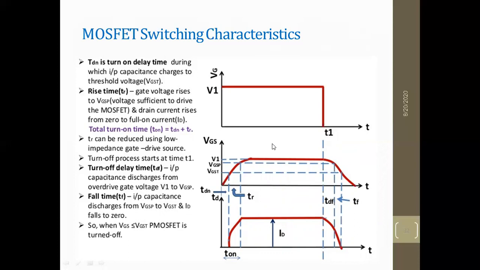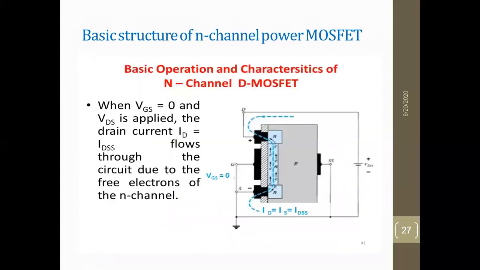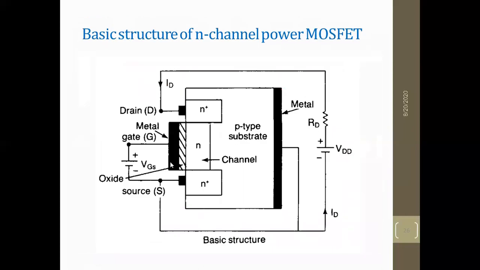Here, the gate to source forms a gate to source capacitance, and there is also a gate to drain capacitance, and also the drain to source capacitance. Three capacitances are formed, and it acts as an NPN transistor with a reverse bias junction.